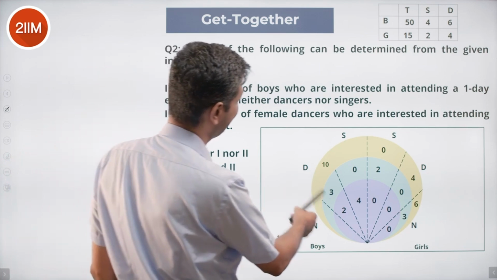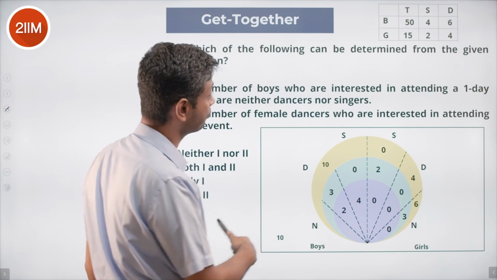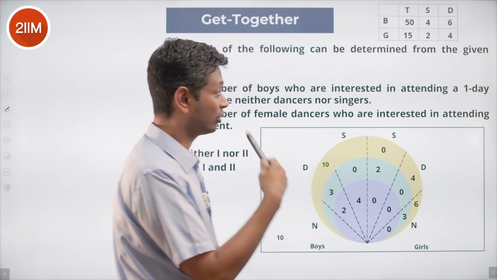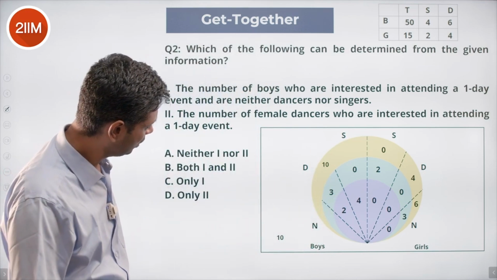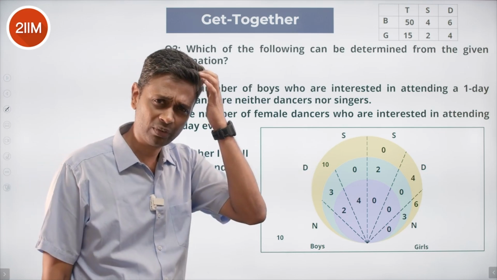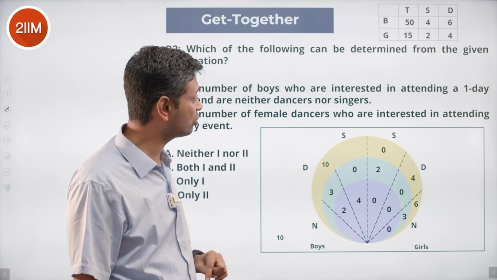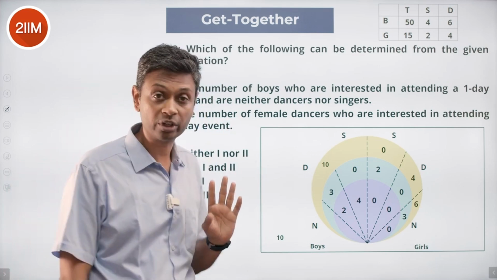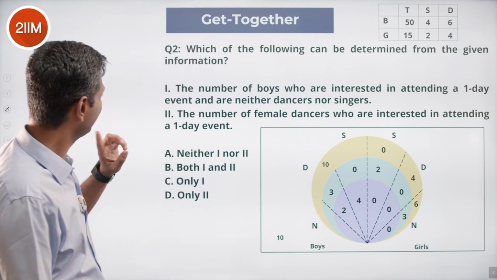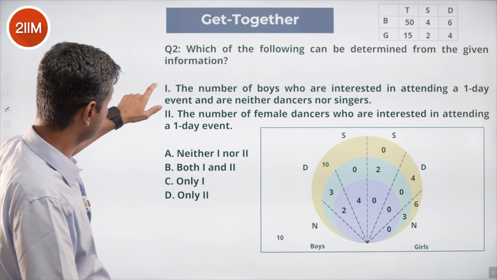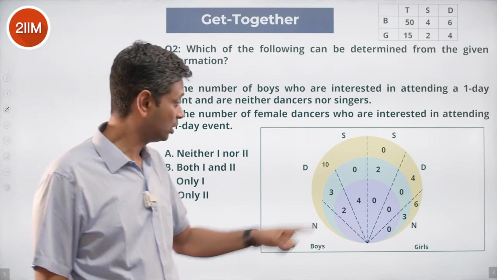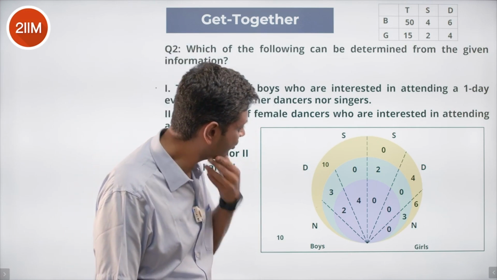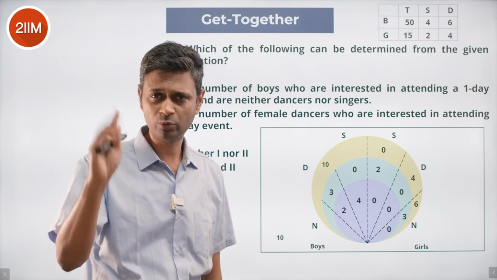So how many? 5 dancers are already taken. There's 1 dancer remaining. 4 singers are already taken among boys, but there's 1 dancer still remaining. That could be here or here. So I don't know where that missing dancer is. Is he the person who wants to attend a one-day event but not 2-day or 3-day, or who does not want to attend any of this, quite happy sitting outside? We do not know that yet. So statement 1 cannot be handled. We cannot answer this question. So if we have 1 missing dancer, that person could be here or here, right? Of the 6 boy dancers, 5 we have accounted for, 1 still missing, therefore we cannot answer that.